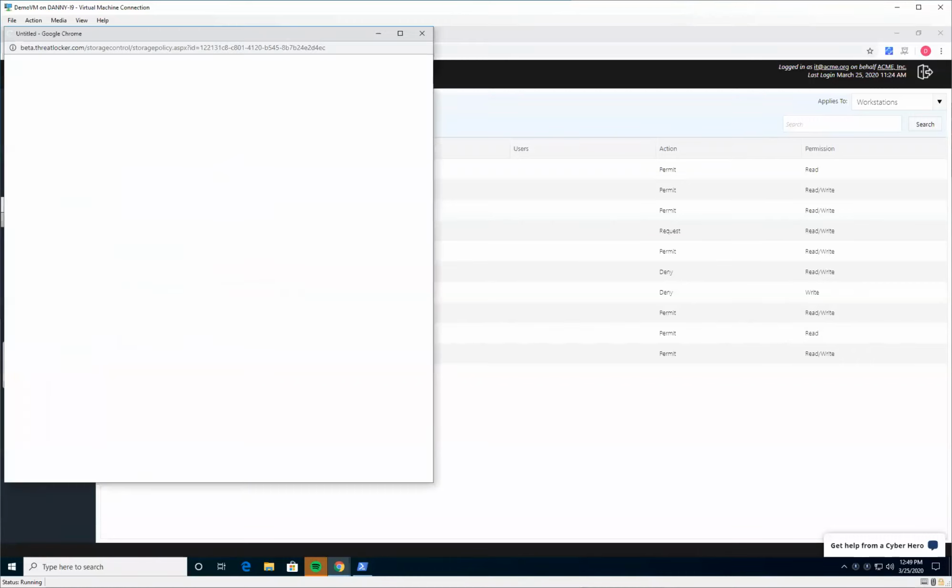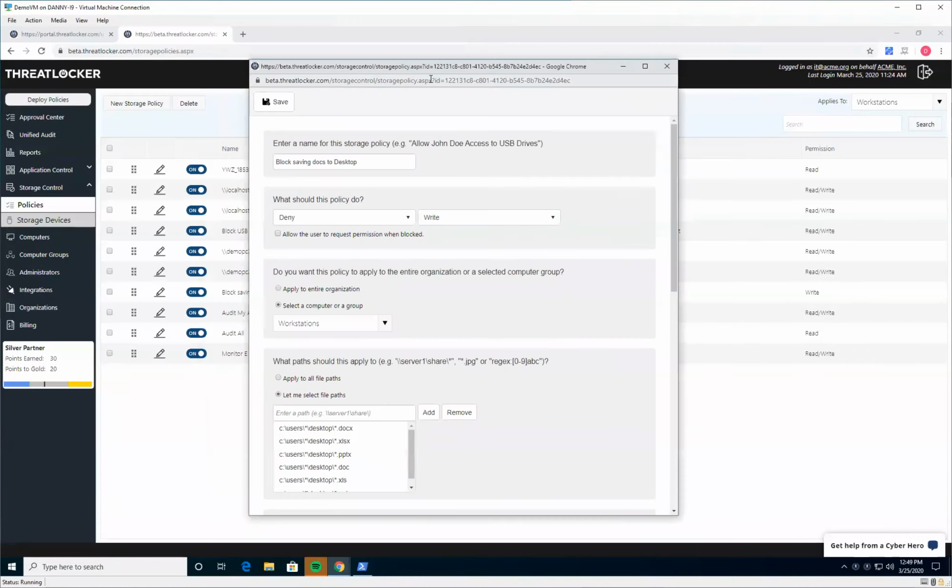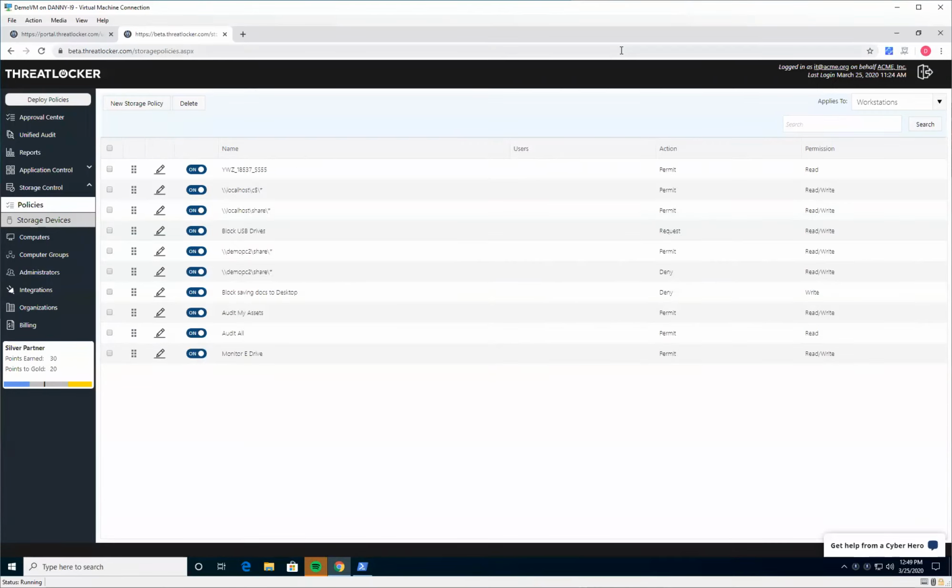Another very common example is blocking files being saved to desktop. It drives me insane when we go to trade shows, or we went to trade shows, and the sales guys would open up their laptop lids and they'd have 20 quotes or 50 quotes or 100 quotes on their desktop. So we put a policy in place saying deny write access to these file types on desktop. This is as much about good behavior as security, but if they can't save it on their desktop, we know